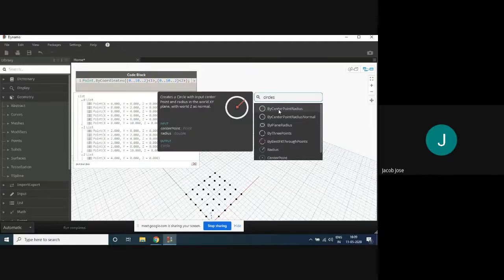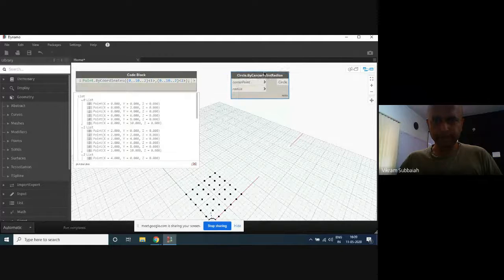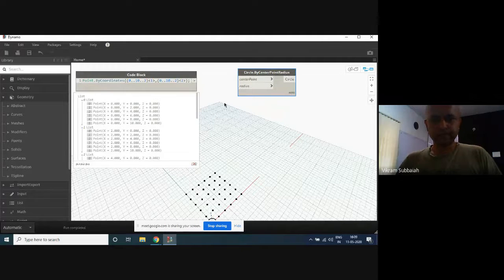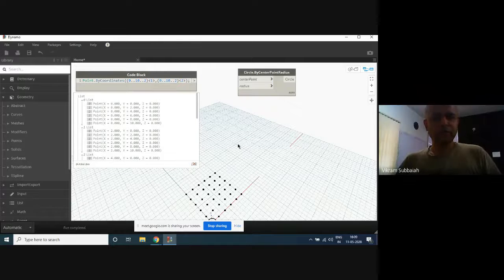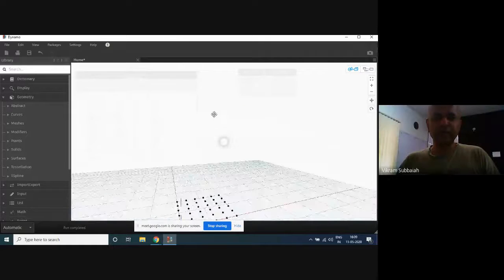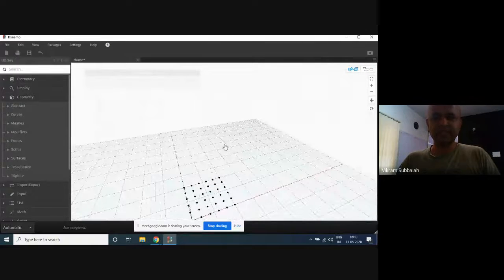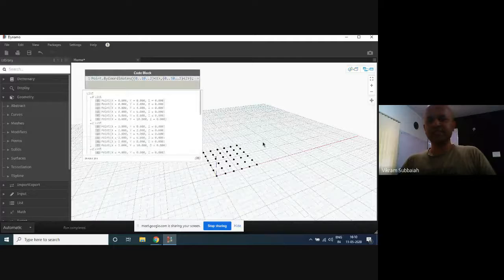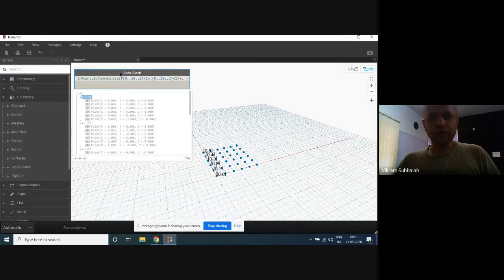Sir, what are you trying to do? Now I want to try. I'm asking you to distort this grid. How will you distort the grid? How? I didn't understand. So are you saying right now it's randomly distributed? No, it's an even grid with all the x and y the same, evenly spread. Now, say if I want to change the distances and things like that. Let's say in this list, I want each of these points to change. What do I do?